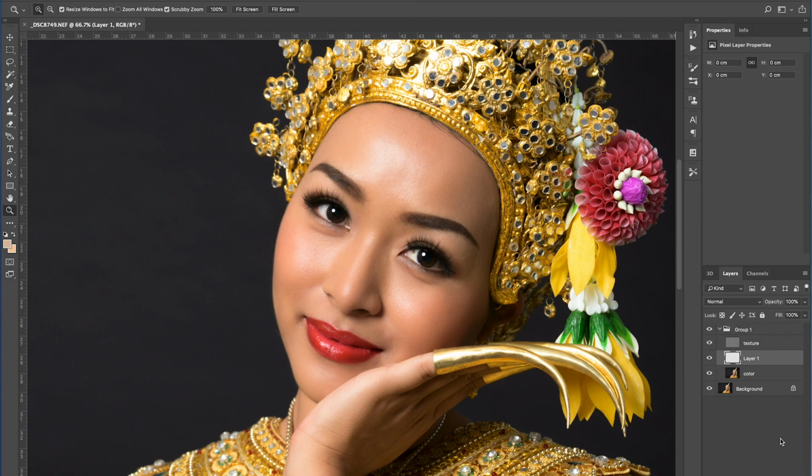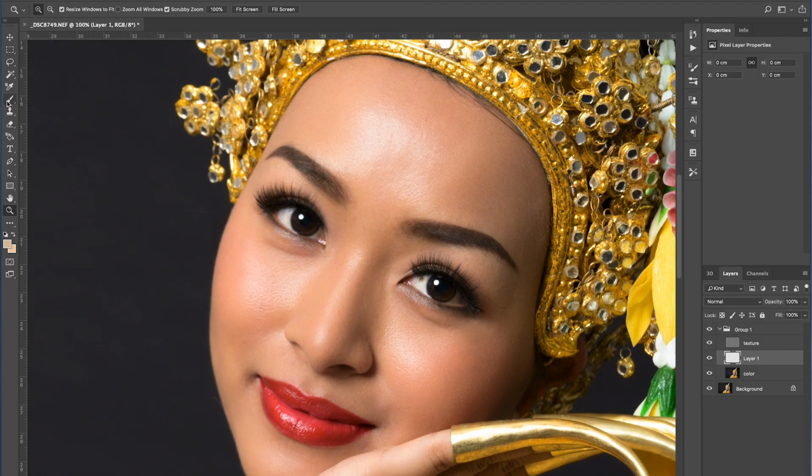So from here, I want to make a new layer between colors and texture. So the new layer will be between here. Then what I have done all the time is I use the brush to brush in and brush out the light and the color. So make it a smaller brush, and I put the flow to about 6, so it's easier for me to control it. I will sample the colors from here and brush